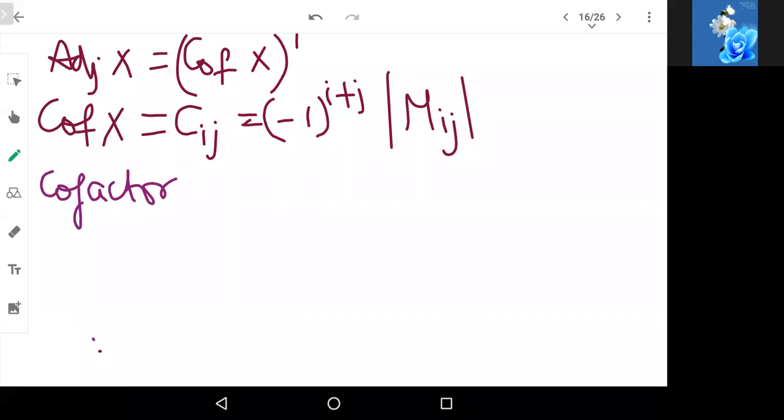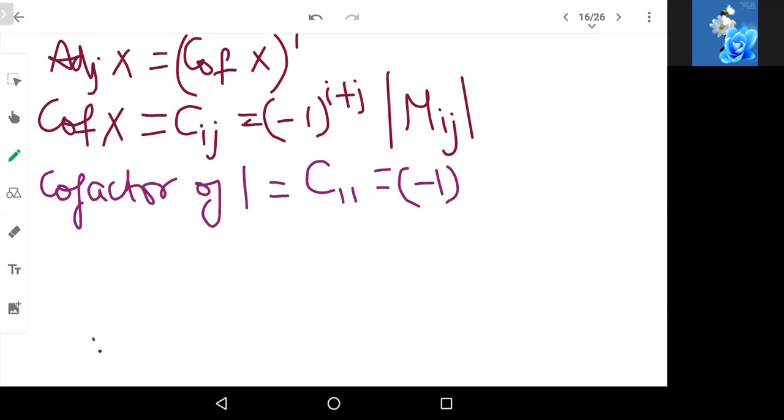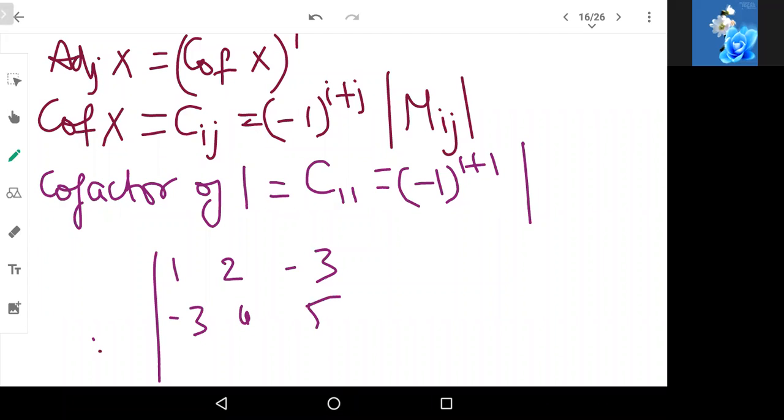Cofactor of the first element is 1, and that element is in the first row and first column. So minus 1 to the power of first row plus first column into the minor. Now the minor for 1, this is a 3 into 3 matrix: 1, 2, minus 3, minus 3, 4, 5, 1, 2,